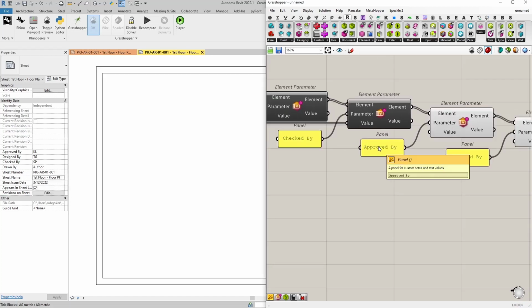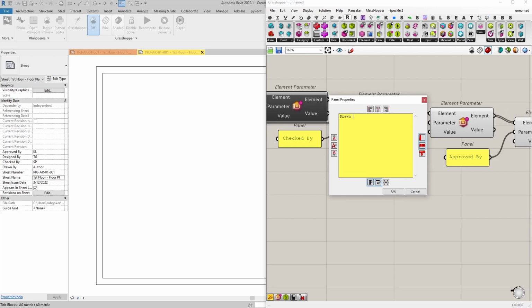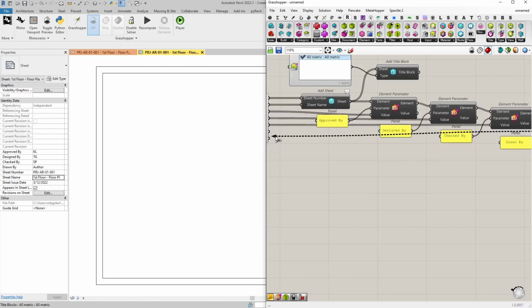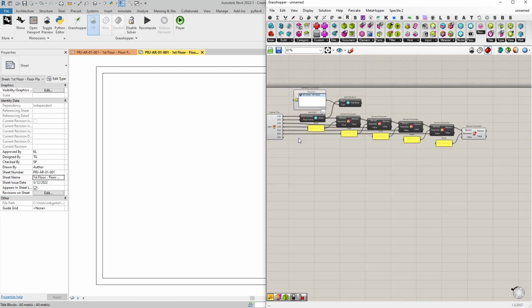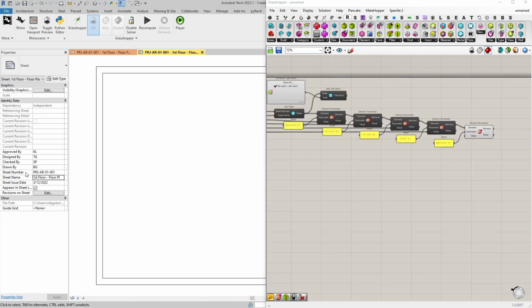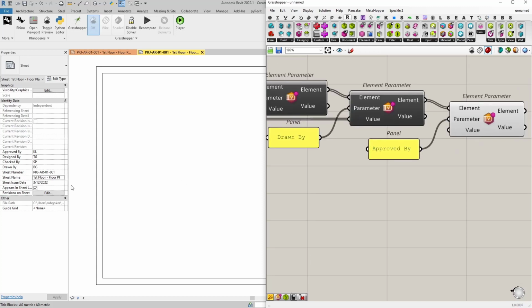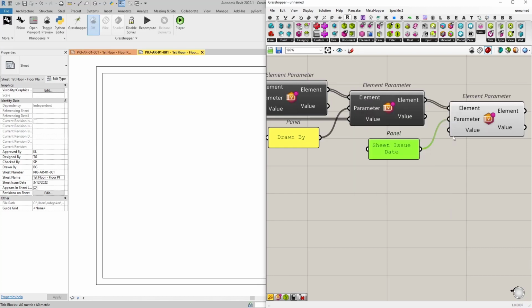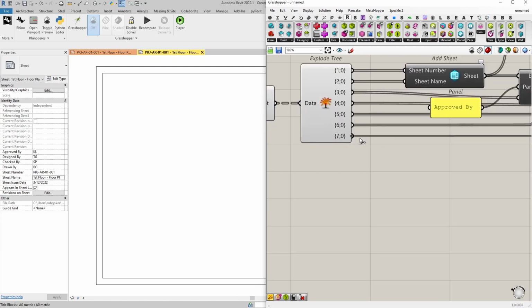All right, and drawn by. Click OK. It has the value of it, and its value will be the 6th branch. Let's come back to Revit, drawn by BG. And the final one will be the sheet issue date parameter. So I'm going to type in sheet issue date and click OK, and its value will come from the last